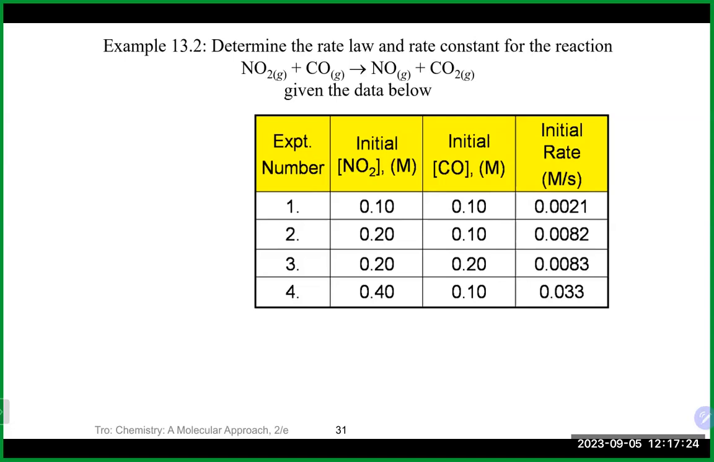But it doesn't really matter which ones you choose, as long as you choose ones where you keep one constant and the other one varies. So in this case, our rate law to start with would look something like the rate is equal to K times our NO2 to the X, and my CO I'm going to call Y. Looking at our CO, we could keep our first and second constant here. By the way, we also could keep our second and third, and our fourth in this case will be constant. So if we look at experiments 1 and 2 here,